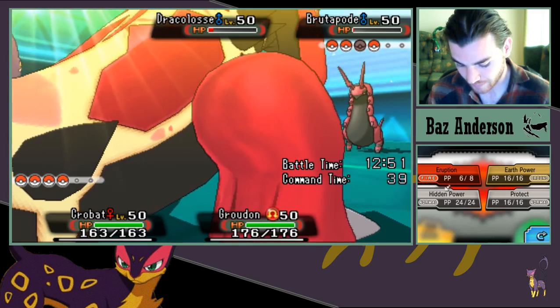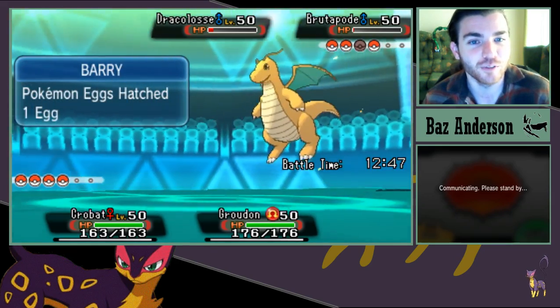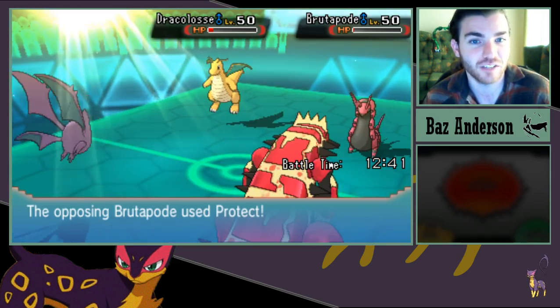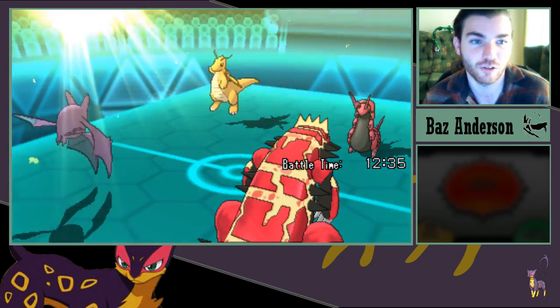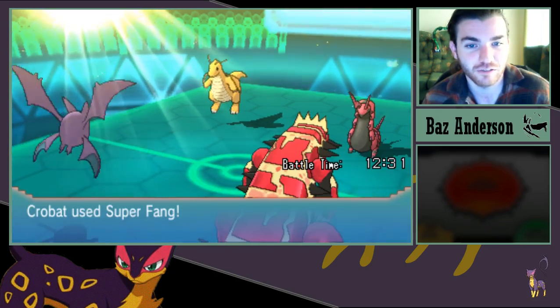And just to be flashy, let's show off Groudon's 3rd move here. Because Groudon should still be faster than the Dragonite as well. Groudon is 10 base speed faster than Dragonite. Okay, so he protects, so he will be faster next turn. And he just goes for an Extreme Speed. Okay. So +1 Extreme Speed does some nice